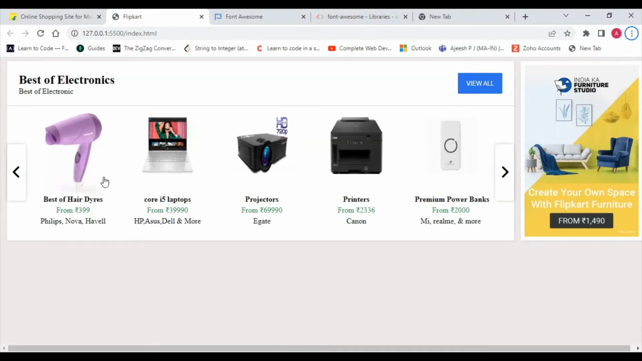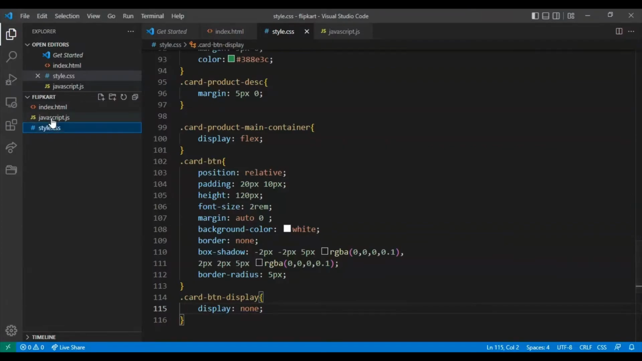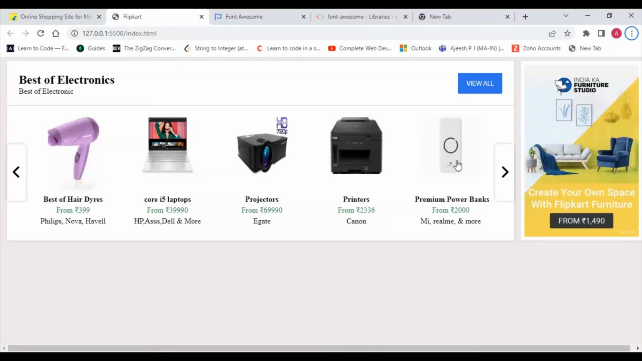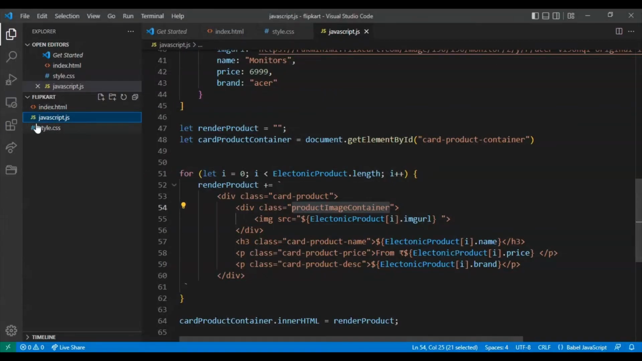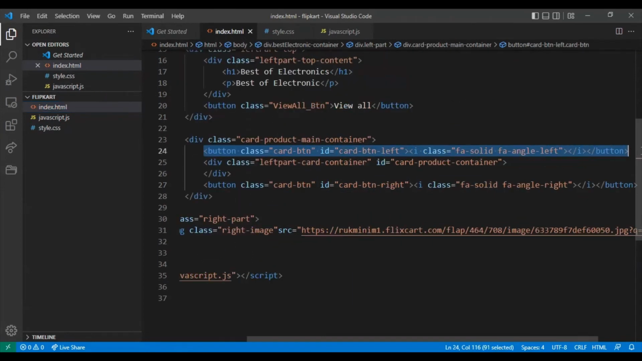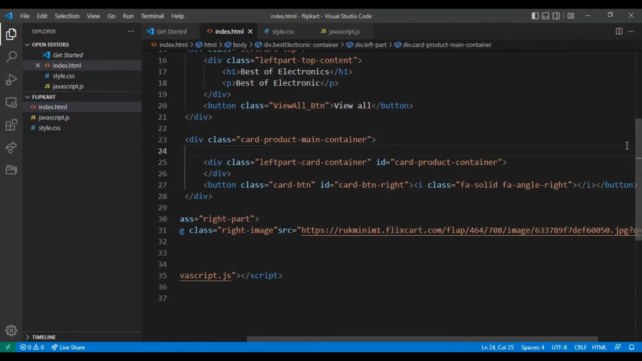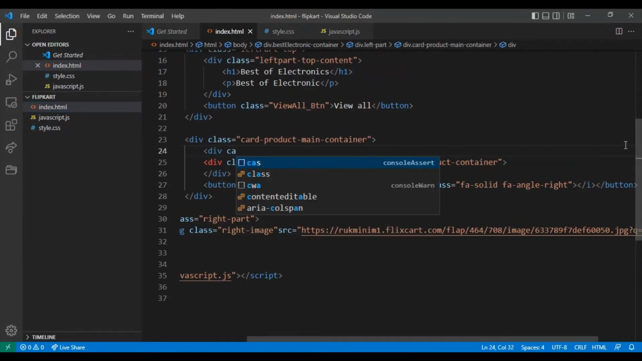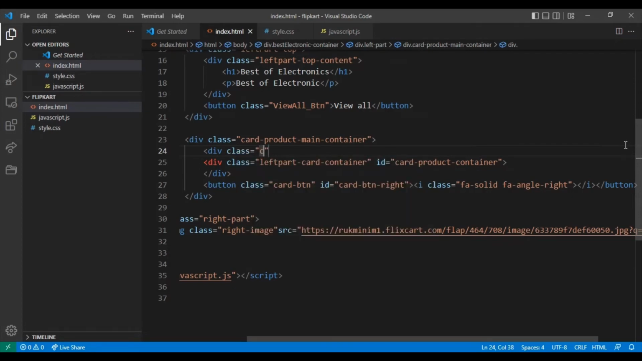Now see, I want this button in the product top section. For that, this is in the sidebar, but I want it from the product bottom going upward. So here, cut this button and create a div tag. Give the class name btn card,